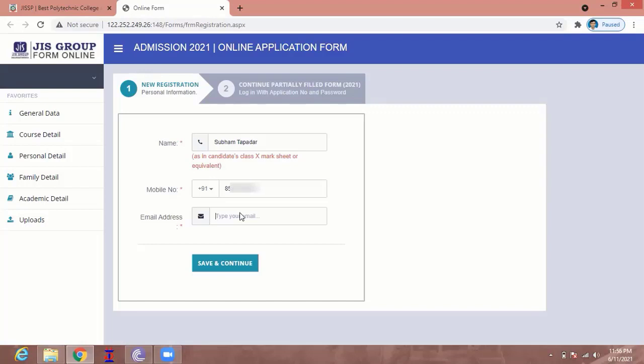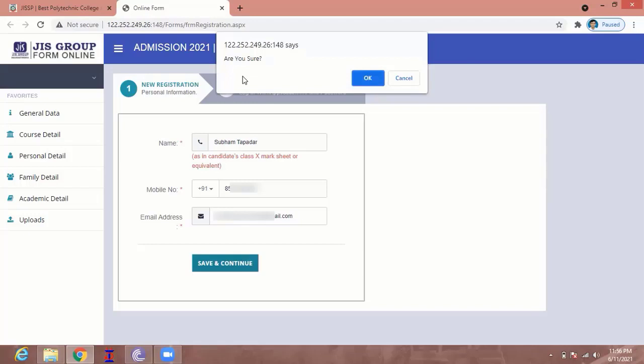Your email address is not mandatory. If you have no email address, don't worry about it. Just put your mobile number and press save and continue. But I have my own email address, therefore I am typing my own email address. Now I am clicking on save and continue.